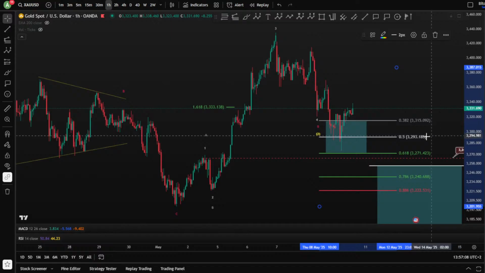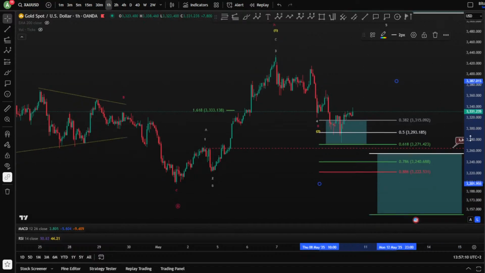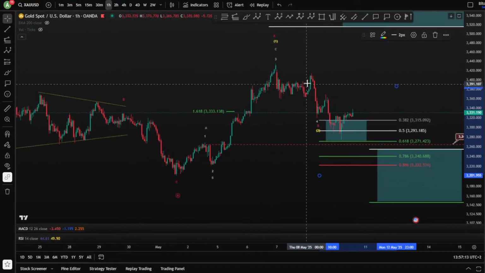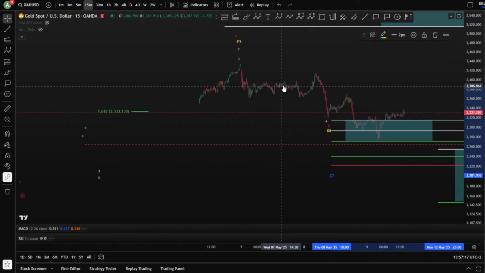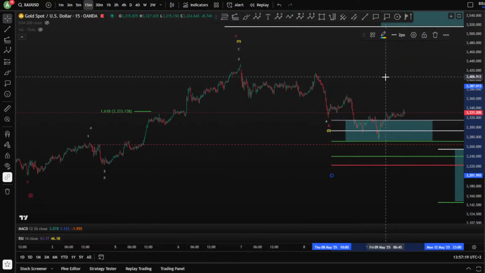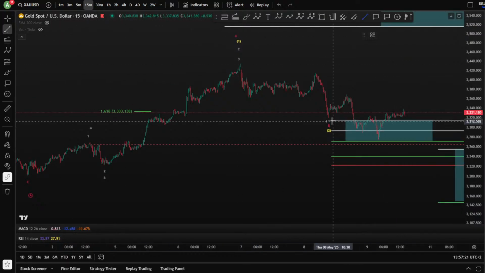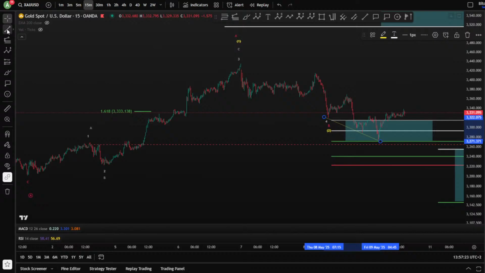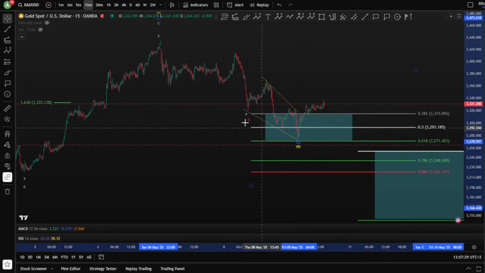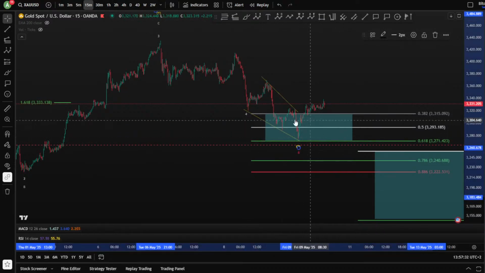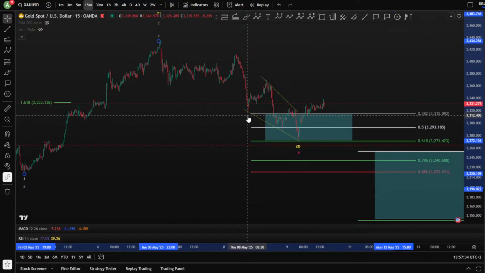The blue zone has been hit, of course, in a wave, potentially A, B, and a C here. Finished impulse towards the downside. Let me check. Yes, not impulse actually. It's an ending diagonal. Here we go. Cool. So very nice price action, very clear. Wave 2 finished, of course, lower, as expected in the blue zone.